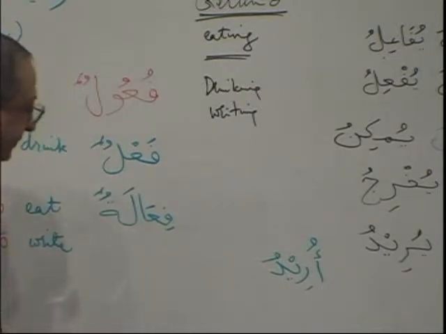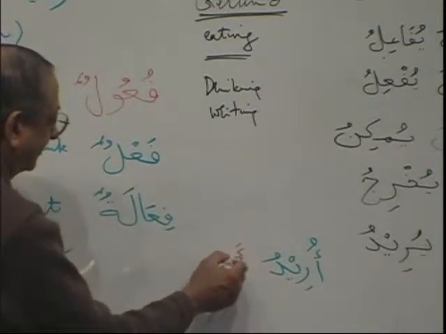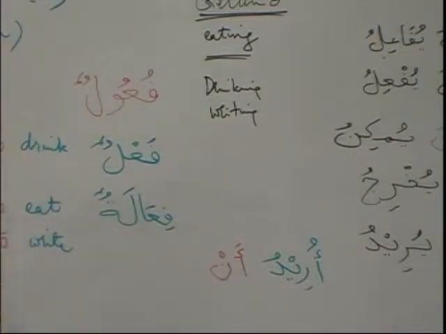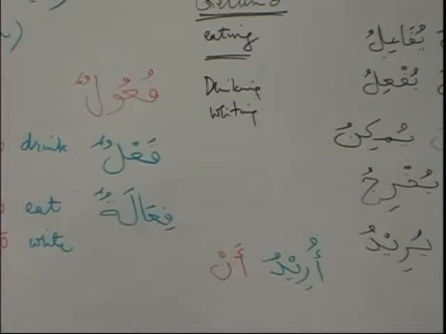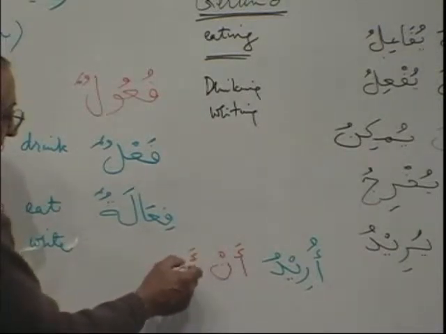Uridu an. What is it, brothers and sisters? Uridu an. Uridu an. And then you will use fi'l mudari'. Suppose I want to drink. So what is the verb for drinking? Shariba, yashrabu. Yashrabu, tashrabu, tashrabu, ashrabu, nashrabu. Are you with me, brothers and sisters? So now because it is I, so I will say an ashra